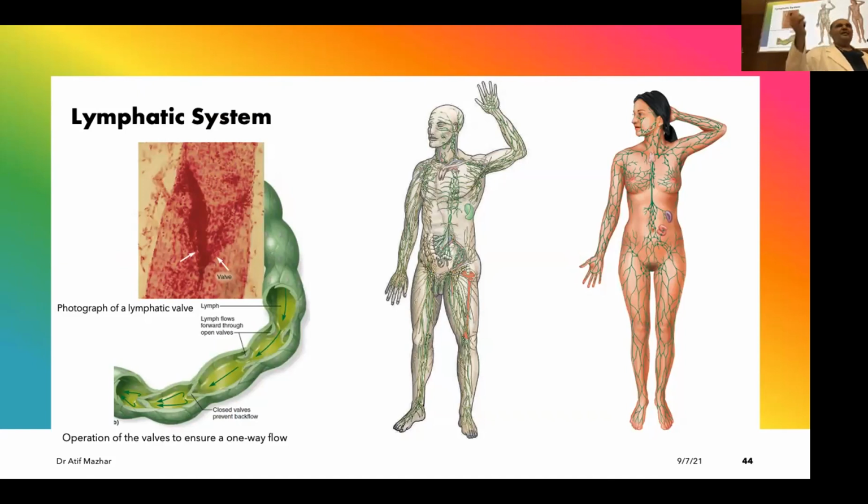Guys, let me give you a very simple example. You all are living in Riyadh. The water which you are using in your restrooms and kitchen has been pumped from Dammam. So the big pump is sitting in Dammam, from the sea. They take the water, they desalinate it, and then this water is pushed to Riyadh. So that is the arterial system. Big channels bring this water to the city of Riyadh.